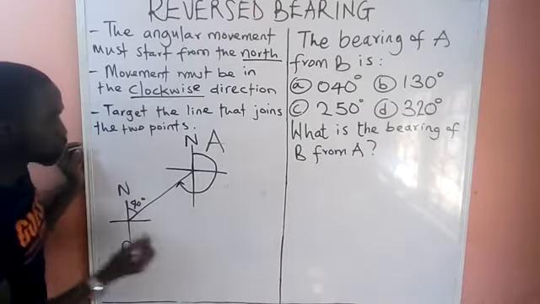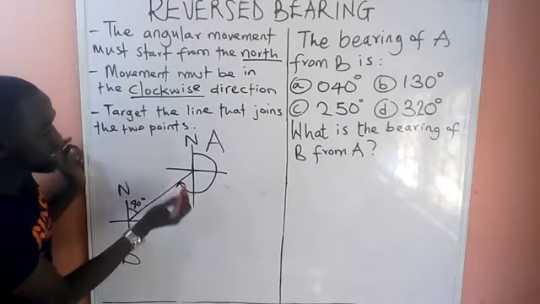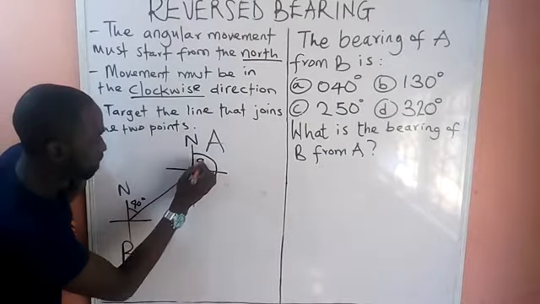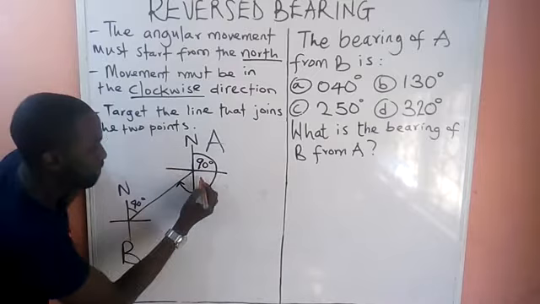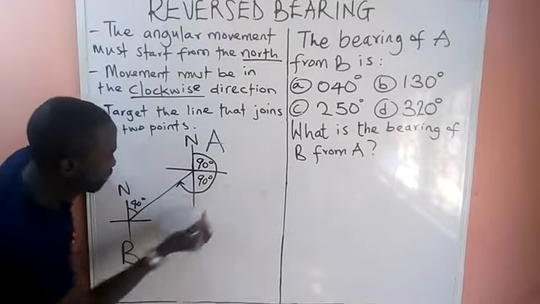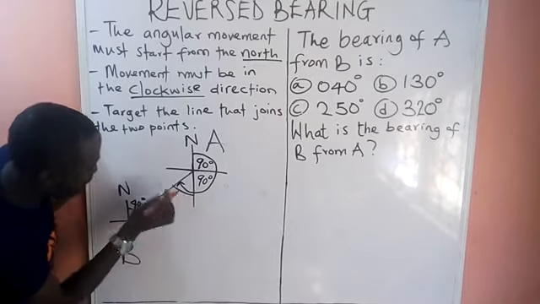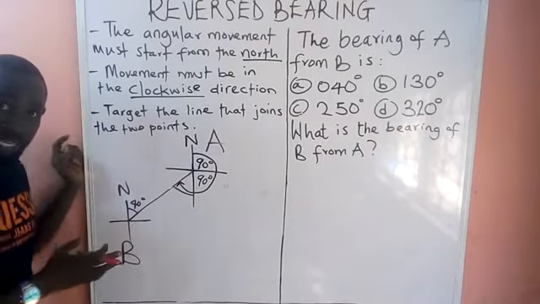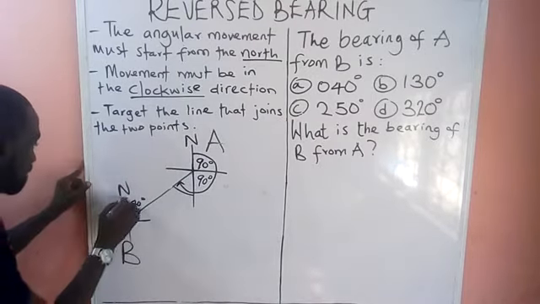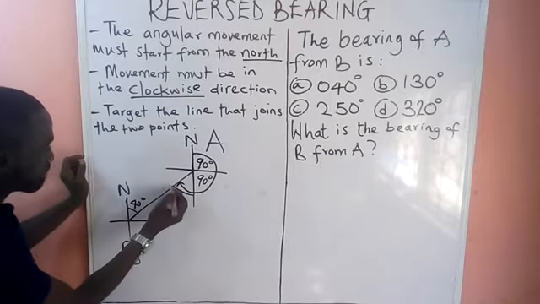Are you with me? So let us go for our 90. How many 90 can we see here? So we can see 90 here. Okay. 90 is here, so you break it down. You can see another 90 here. Okay, so we need this small angle that is here. We need this small angle so that we can add everything together to form the bearing. Are you with me now? And look at this. If this way is 40, automatically this way should be equal to 40.